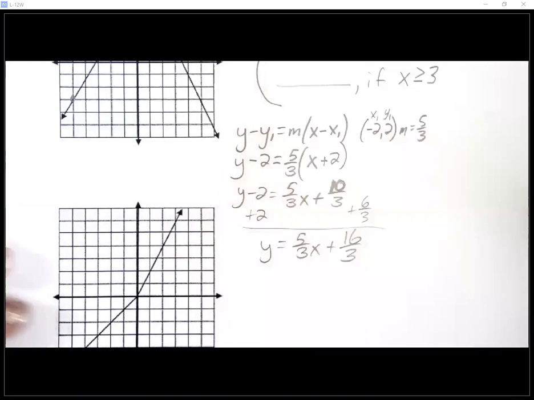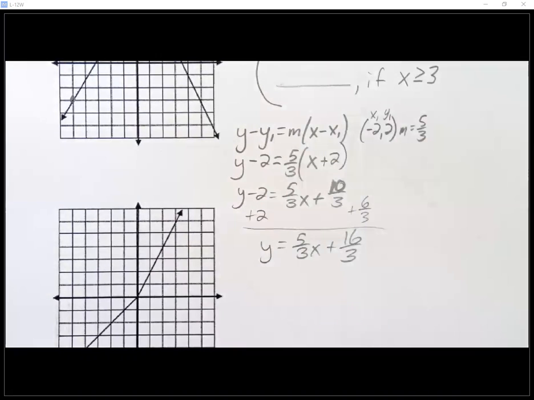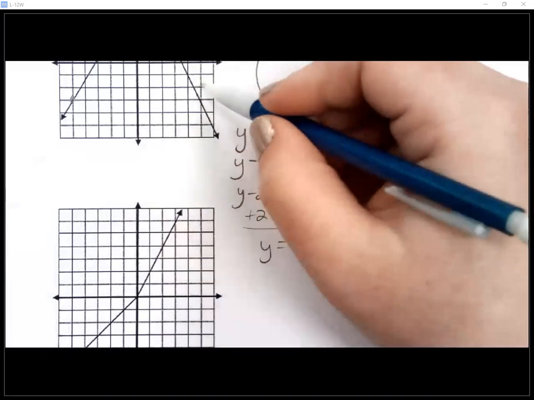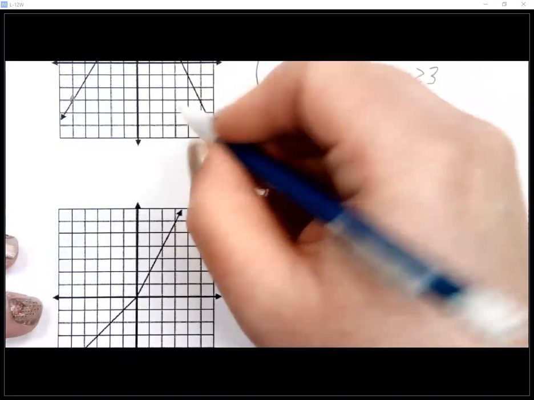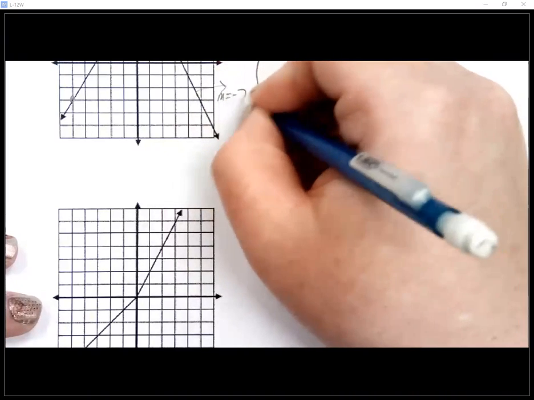The middle one, luckily, is easy. What's that? 4. And then the bottom one, this one's not too bad, I don't think. So what's the slope of that one? -2. So let's see if I can just sort of trace my way back to find out what the y-intercept is,